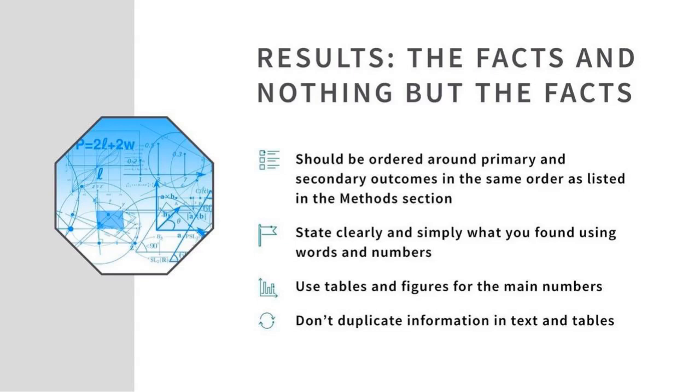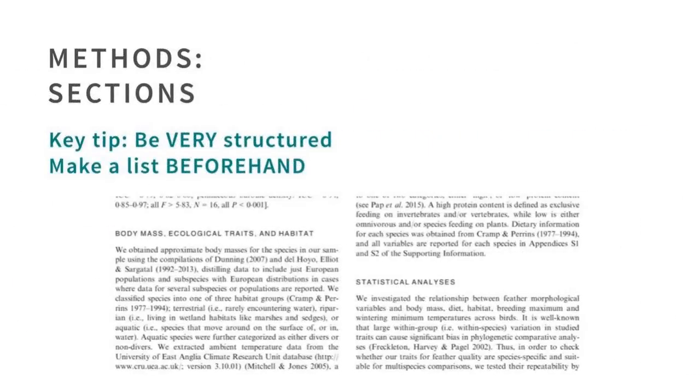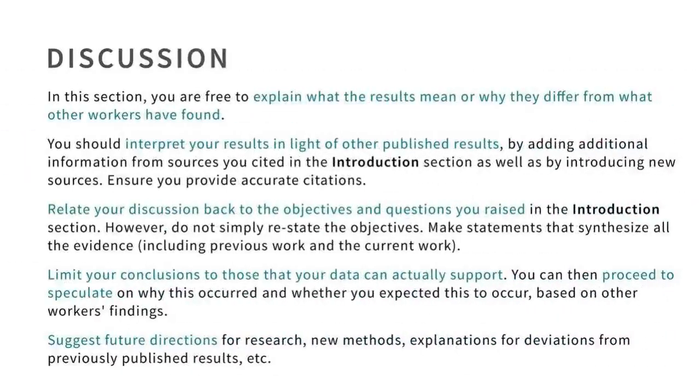And you don't need to duplicate information in the text and in the tables. These are standalone pieces of information within the article. A picture is worth 1,000 words. Use the same sections in the results section that you put together in the methods. Give the readers the information about your study in the same sequence that you presented it previously in the methods